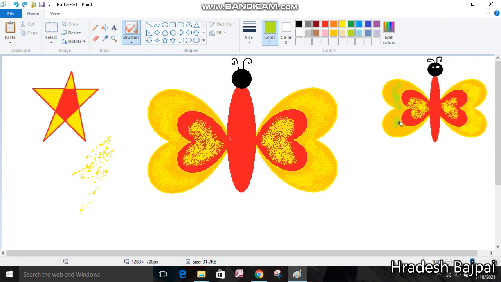It will look like this, you know, but I think the yellow one is perfect, so I'm giving the shade with this yellow color only. You know, color combination is very important for drawing. Okay, so this is how you can draw things with the help of different shapes, and you can fill color in different ways. Okay, so that's all for today.